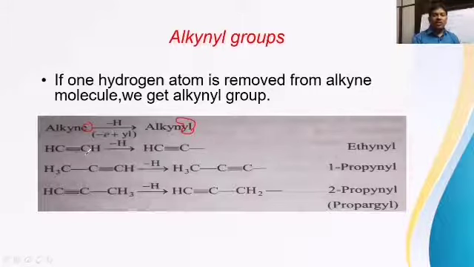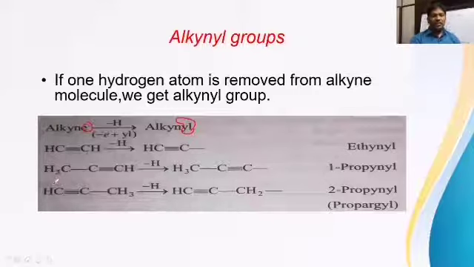From the ethine molecule, from the alkyne molecule, one hydrogen is removed here. Then we got CH triple bond C with a free bond. So from this carbon, we have removed hydrogen. Then we got a free bond on this carbon here. So this group is called what now? Ethynyl. Or we can also say acetyl. Acetyl, otherwise ethynyl. So this is the ethynyl group for you.